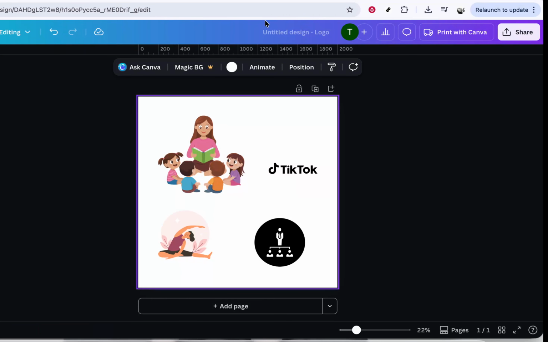In today's video, I'm going to teach you how to download your design in multiple formats in Canva. Let's get started right inside your Canva design. Once you're happy with how everything looks and you're ready to save it to your computer, the very first thing